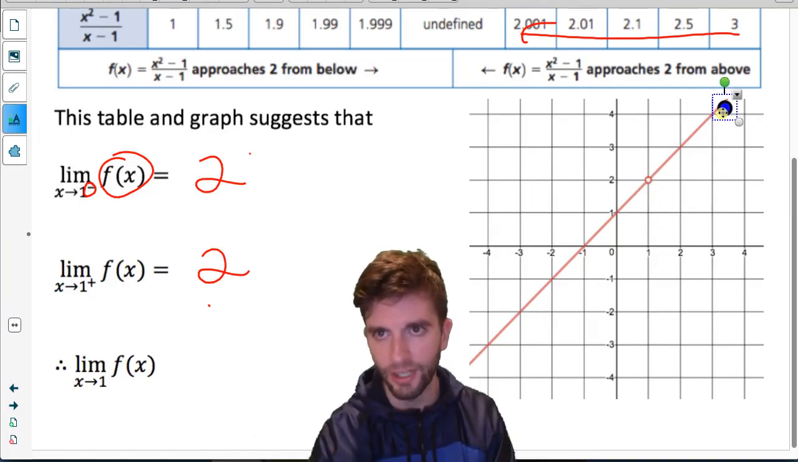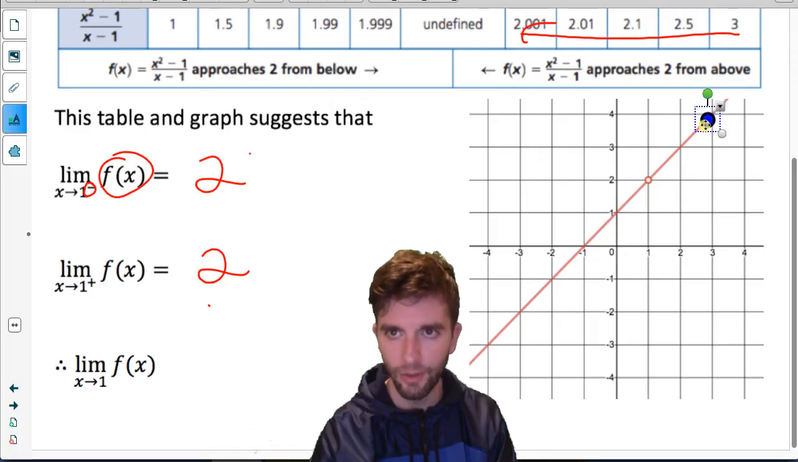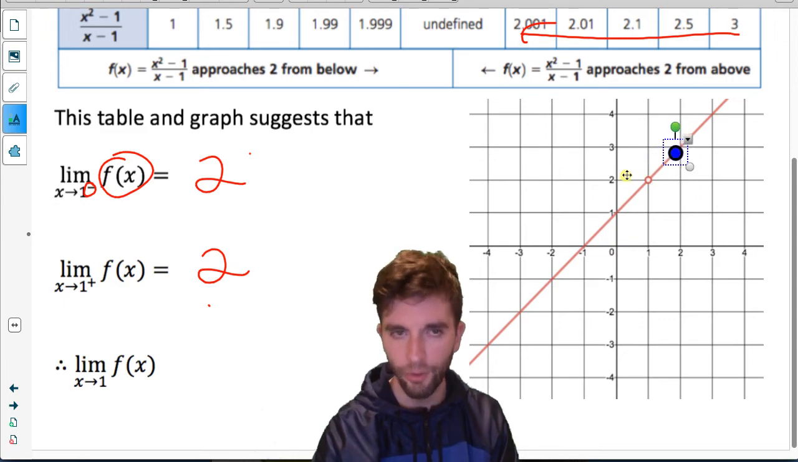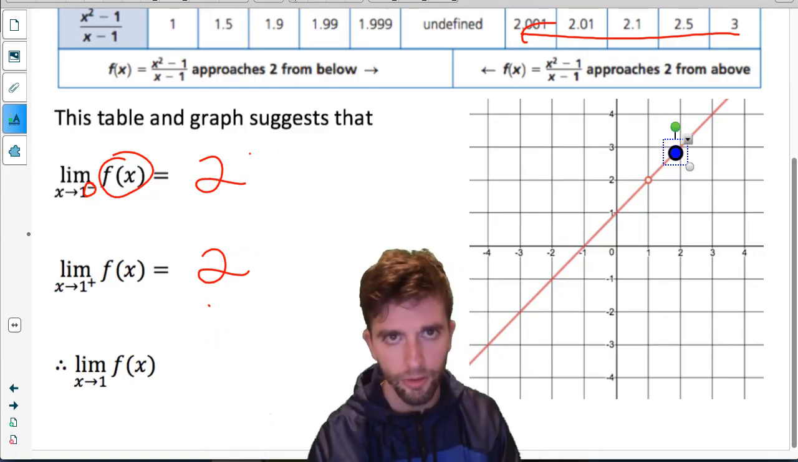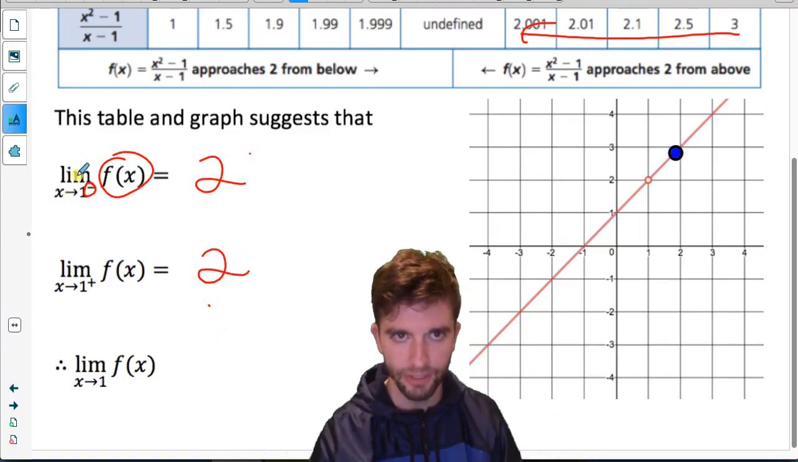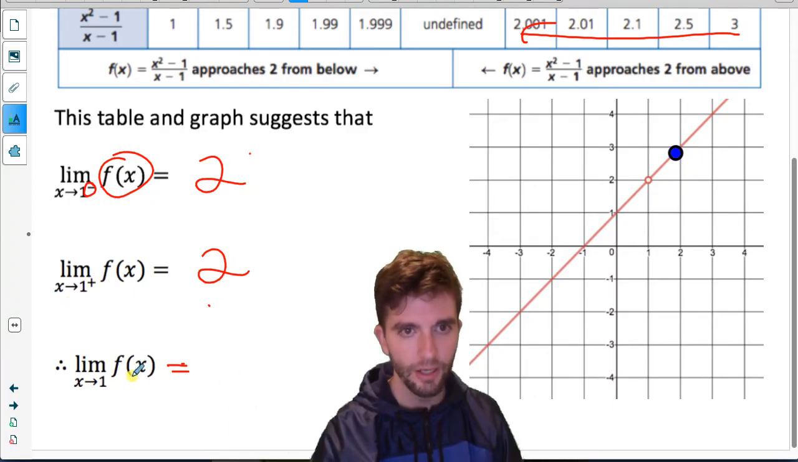How about if I approach an x value of 1 from the right? It looks like the y values are going towards the y value of that open circle, which is 2. So hopefully you can see the limit as we approach from the left and from the right of the y values is 2. So what do we conclude? Well, the limit from the left exists, the limit from the right exists, and the limit from the left and right are equal. So we can say that the limit of the y values as x approaches 1 is equal